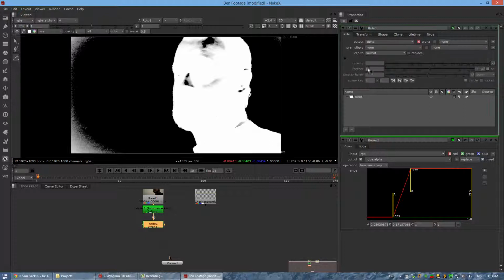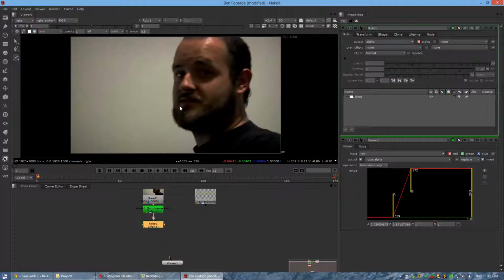But the main node we're going to be working in here is the roto node. Now you'll see by default it says roto output alpha. So that means if I draw a big old shape over this, it's not going to be putting white in the color, it's just going to be putting white in the alpha channel. So, for example, if I go back to my color view here by tapping A again,